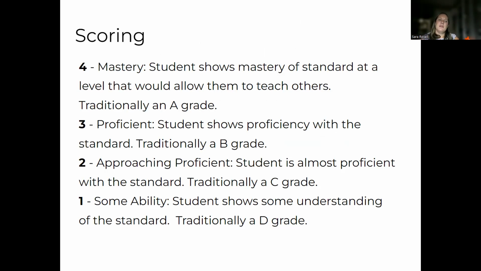On the standards-based grading scale, it goes basically from a 0 to a 4, and you can see those levels on your screen. A 0 is actually very hard for students to get because a 0 basically means the student has no idea and is not displaying any ability of understanding of whatever that concept or that standard is. It goes up to 4, which is a mastery level, where we kind of tell students it's kind of as if you could teach this to others. So if you have all of the details and everything is worked out, you would receive a score of 4,